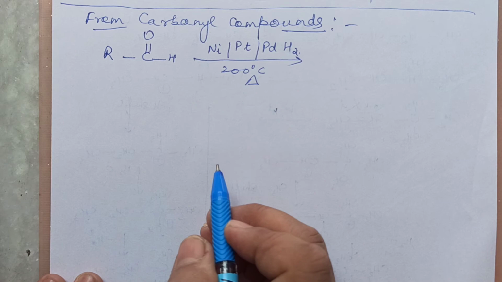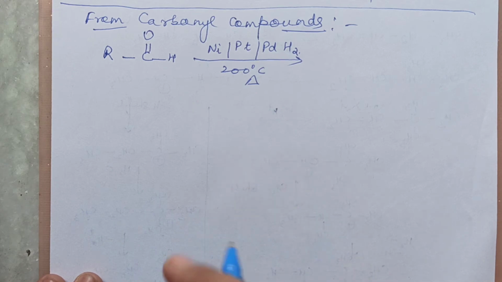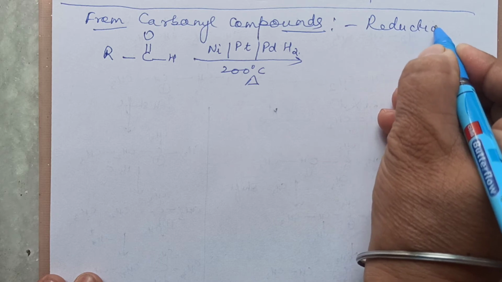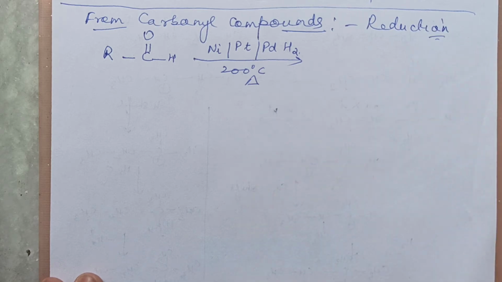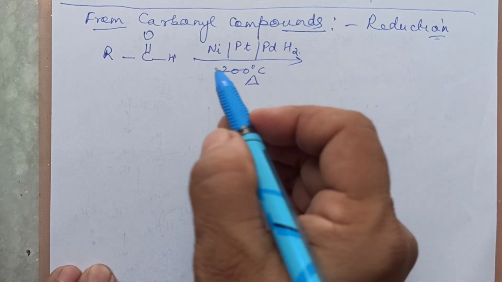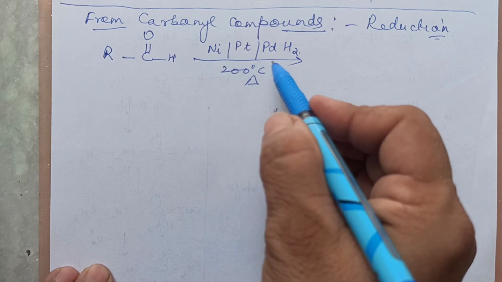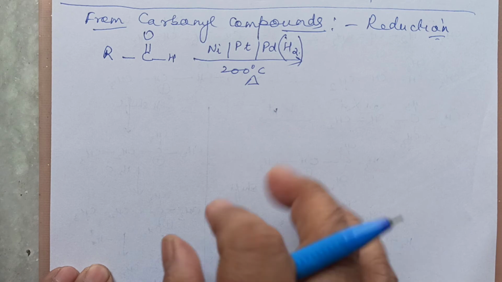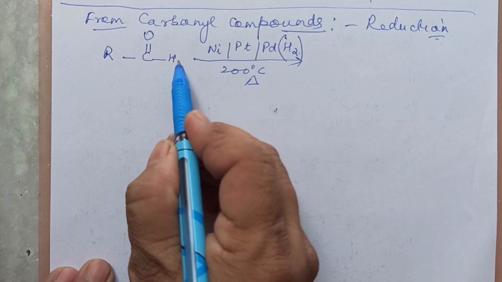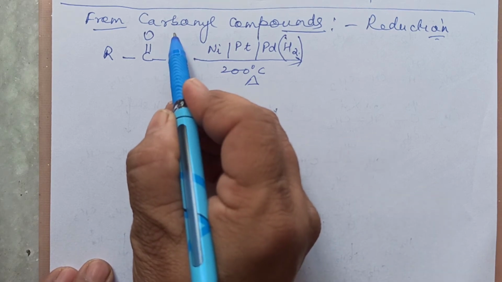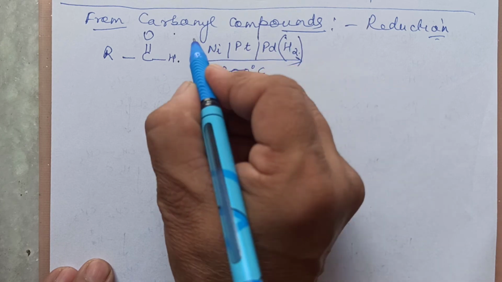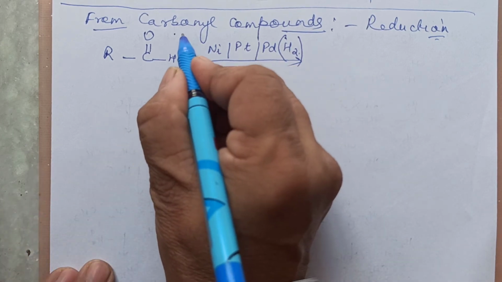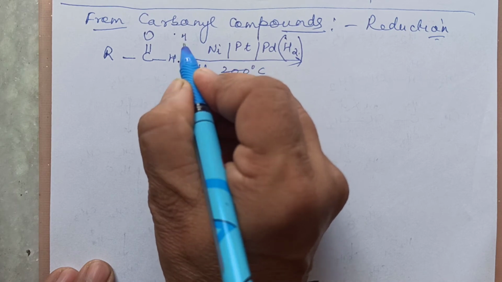So first I am taking is catalytic reduction. It is a type of reaction which is called reduction. Reduction means hydrogen is being added on. So first, suppose we carry out the reaction in the presence of nickel, platinum, palladium and hydrogen. Hydrogen is definitely required. So basically what we are doing, we are just adding one hydrogen here, one hydrogen here. Means this setup is giving it two hydrogens. So one hydrogen will add on here, another hydrogen will add on here.